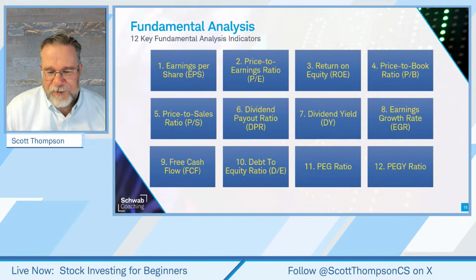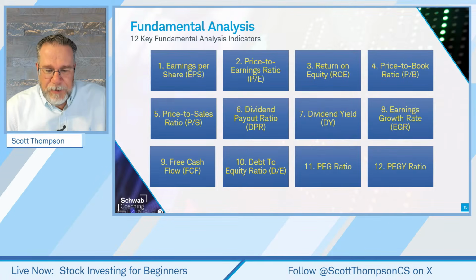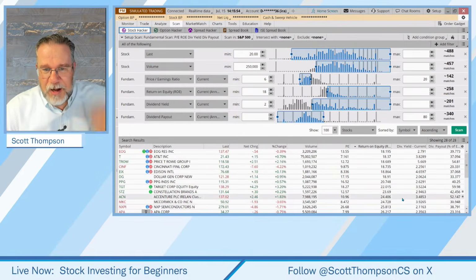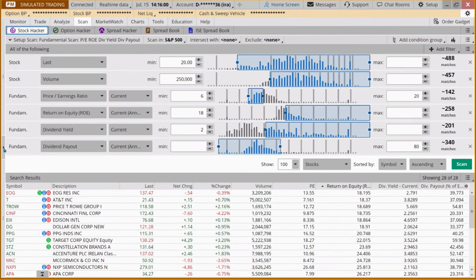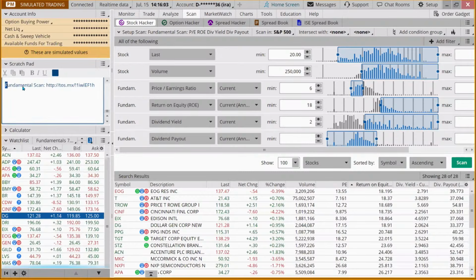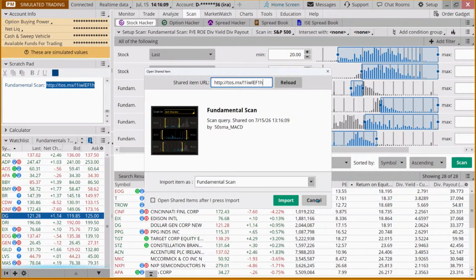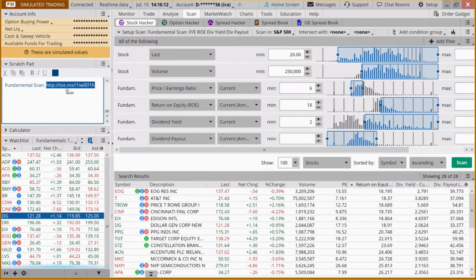So, taking those 5 I just mentioned, or 4 of them, let's jump over to our Thinkorswim page, and I want to show you a scan that I created not too long ago, and I called it the fundamental scan. Okay, I'm going to open up my left side here. This is the code that you need to load into your Thinkorswim. I'll show you how to do that in a second, to load this scan criteria, and then you can run the scan as often or as frequently as you like. And then these are the components of that scan.